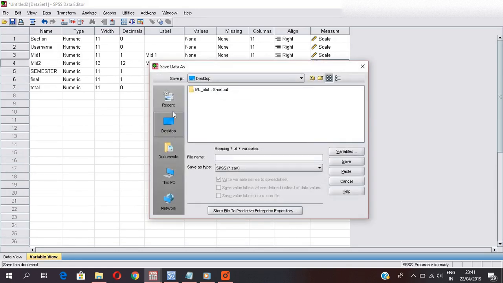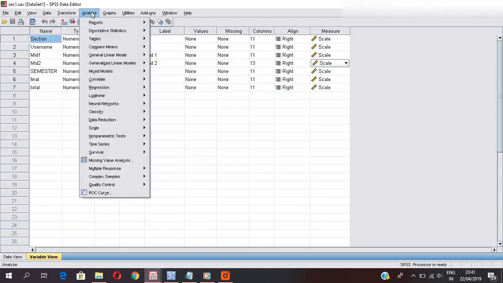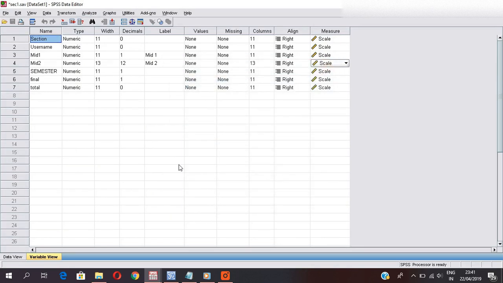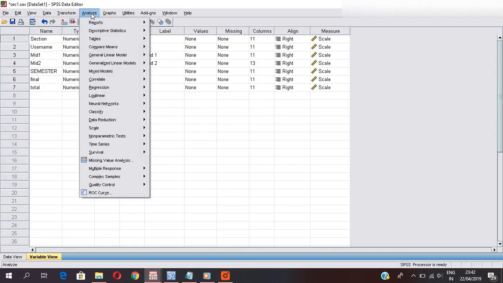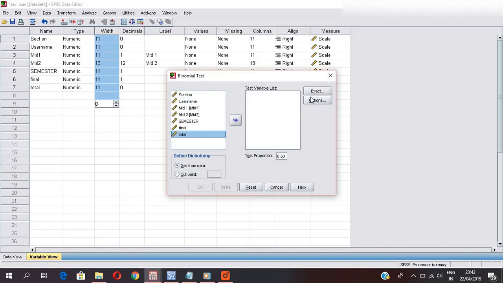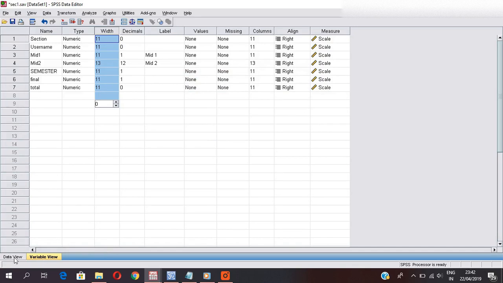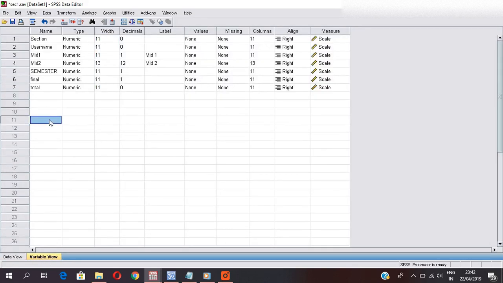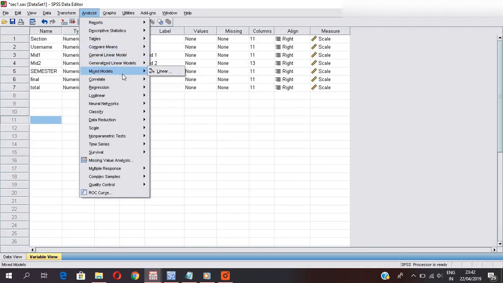Then it's better to save it. On the desktop itself I'm giving it as section 1 SAV. It will be saved as a .sav file. Just save it. Then now go to analyze, correlate, bivariate. Still again it is there. The data is also correct. So now again we will continue. Analyze, correlate,